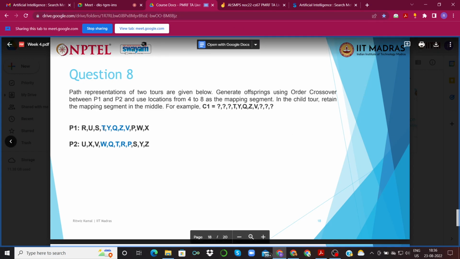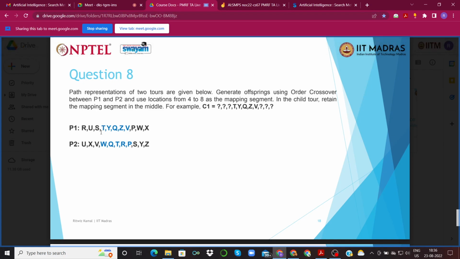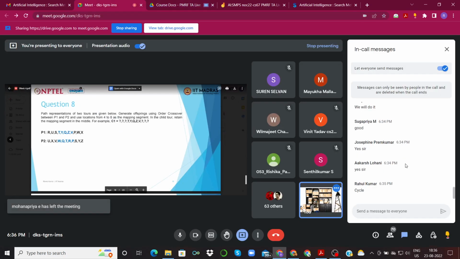Let's say the window is of size 4, starting from the 4th index to the 8th index. The alphabets marked blue over here are your window. If we are using an order crossover, what is the expected child tour that you will get?